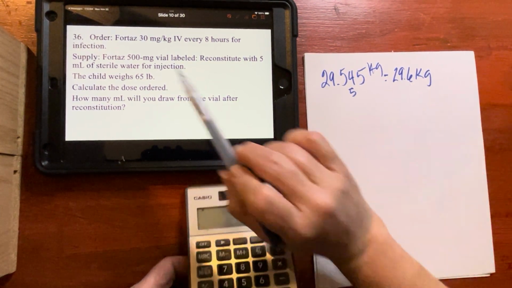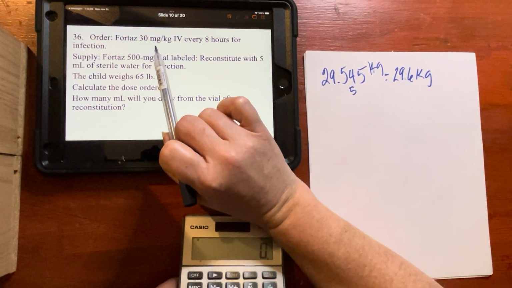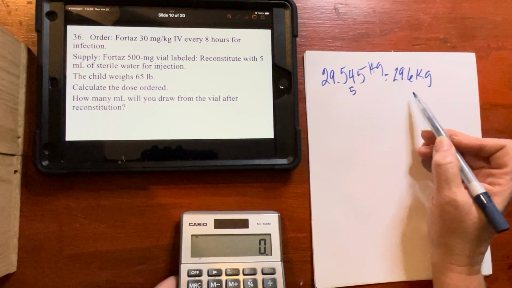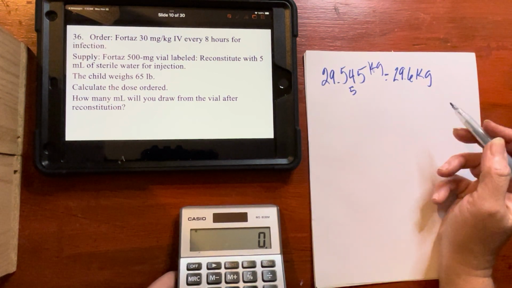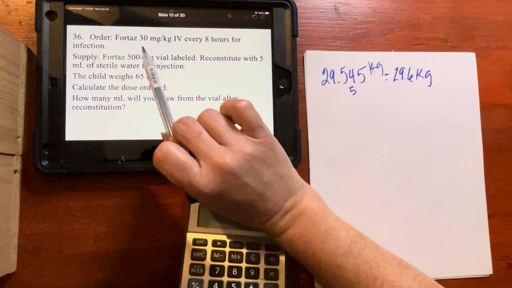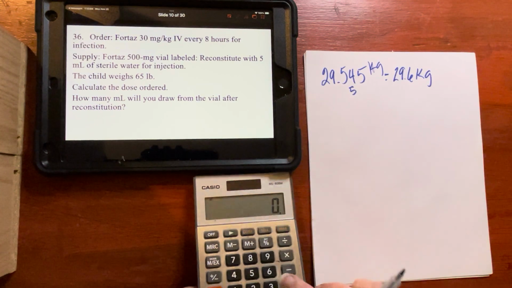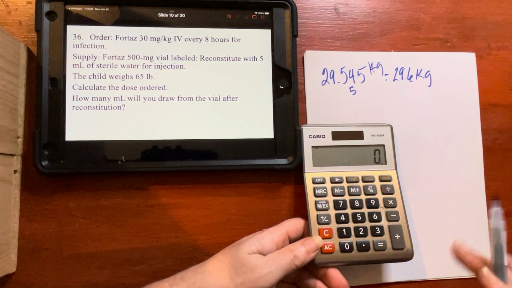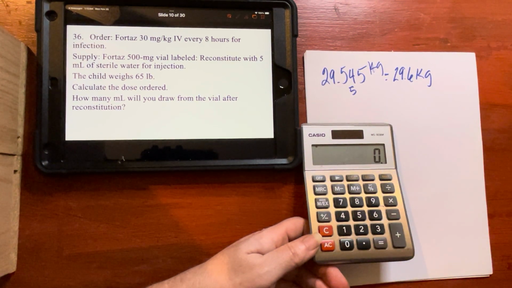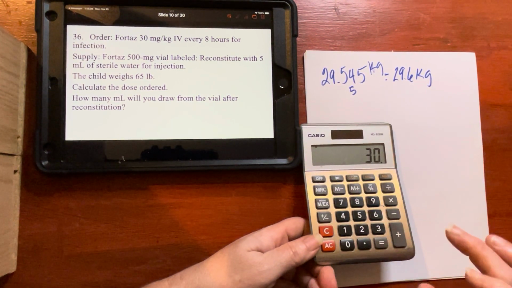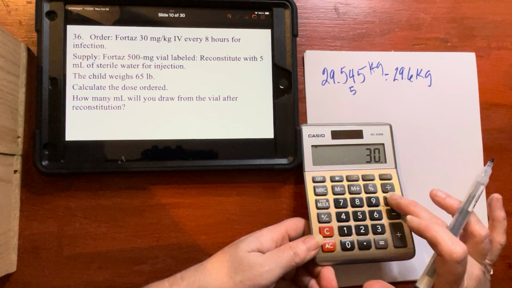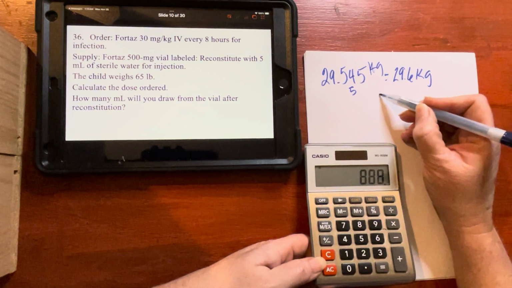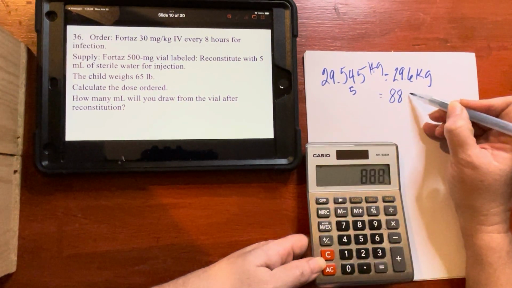Now, the order says 30 milligrams per kilogram, just for one. And look how many we got. We got 29.6. So we got to multiply the weight by that, all right? So here we go. Get your calculator, please. Work these with me so that you know what to key in and it's coming up the same, and then you won't be freaking out. So we have to multiply 30 times 29.6 equals. That is going to be 888